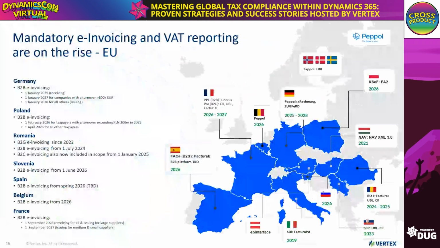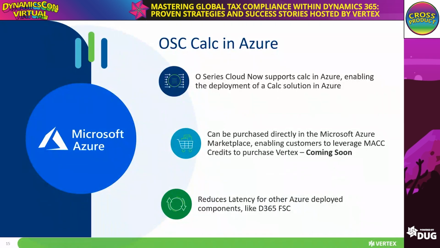We also support Azure. We've launched this recently, which means you have the option, when you buy our solution, to deploy in Azure or deploy in AWS. This is really beneficial for you because your IT team could actually procure our solution through the Azure marketplace. This is great if you have a MACC or an Azure contract with committed spend. This can help draw down that committed spend.